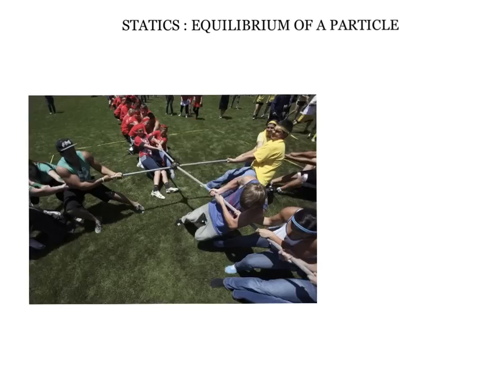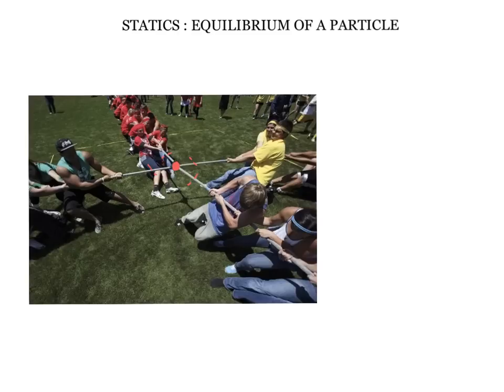So let's say that in this case we are looking at this center point of the game, and we want to look whether this center point is in equilibrium. To do that, we can isolate this from the outside world. So make a virtual cut in all ropes and remove all the teams from our model and replace these teams with the force that they are